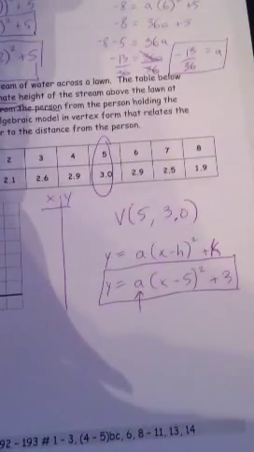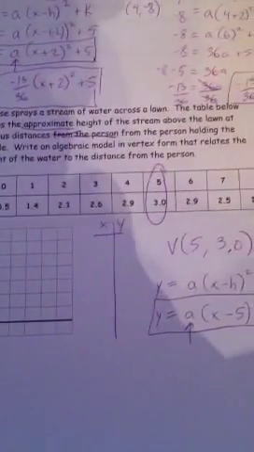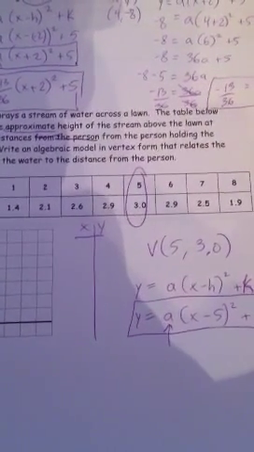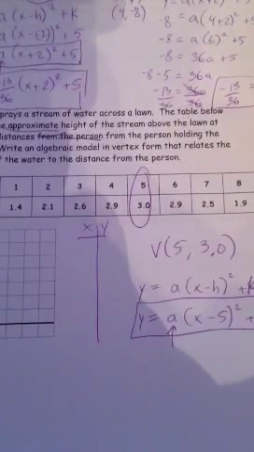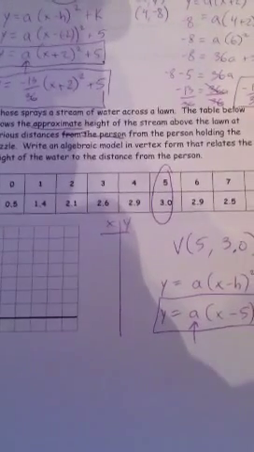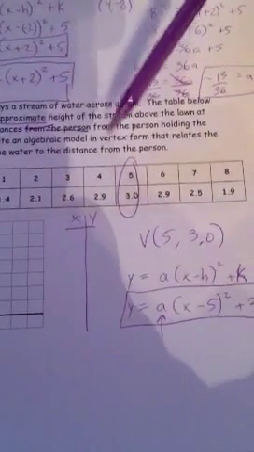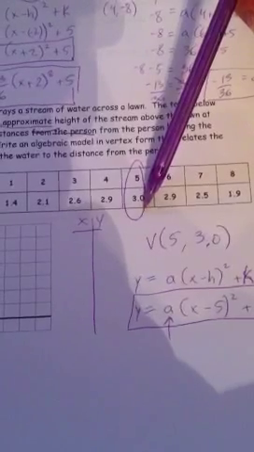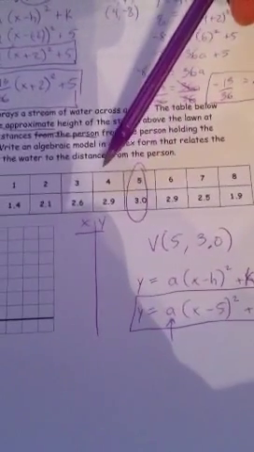So since we have to plug in another point on the parabola, you look at your table of values and it is a real life situation, so you have to ask yourself, what point do I use on my parabola? So it's not like a regular parabola that is an exact parabola. As you can see, if this is the vertex right here, (5, 3), on both sides of the vertex it